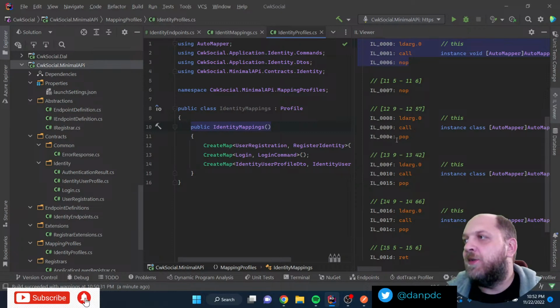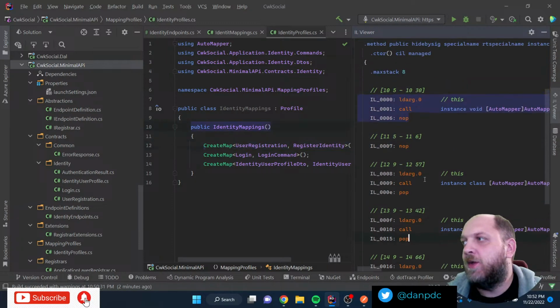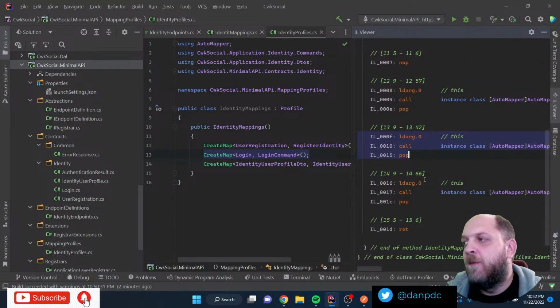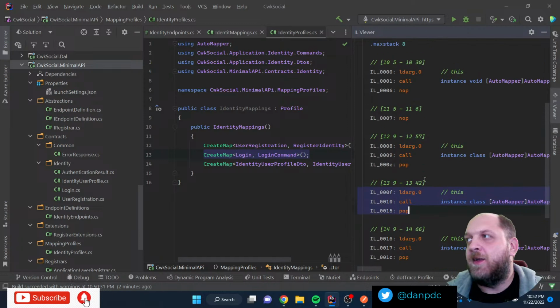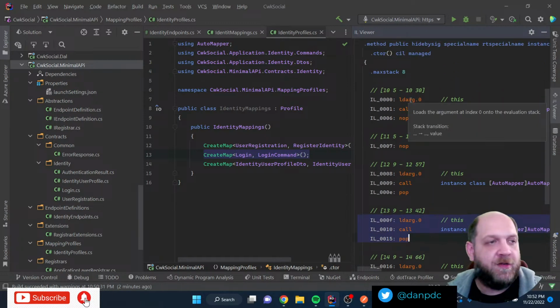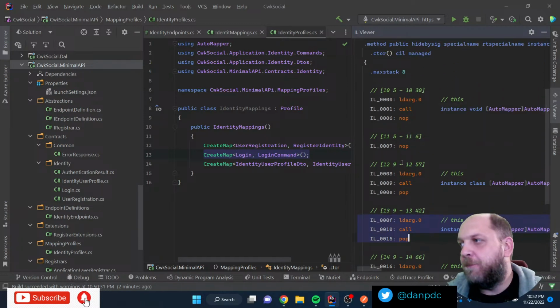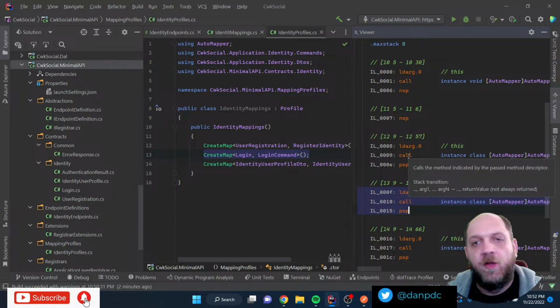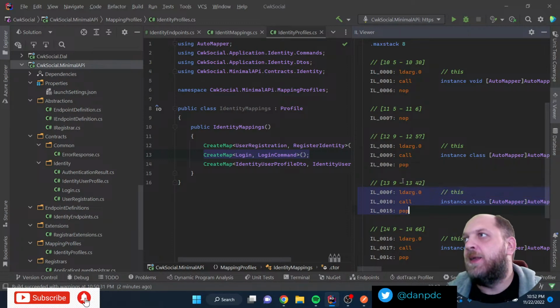Okay, so this is the other reason why I like Rider a lot, because it gives you this type of stuff. If I want to look at exactly what happens here, and in a lot of scenarios, I don't want to pretend that I fully understand everything that happens in the intermediate language, but for instance, if I want to check how memory is allocated and what basic things are happening for a very basic method that I have written, then I can totally do that.